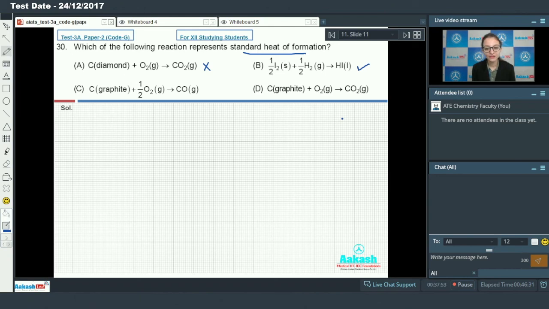Third, carbon graphite plus half O2 gaseous converting into carbon monoxide. This is correct. Last, carbon graphite plus O2 converting into carbon dioxide. This is also correct representation. So answers are option B, C and